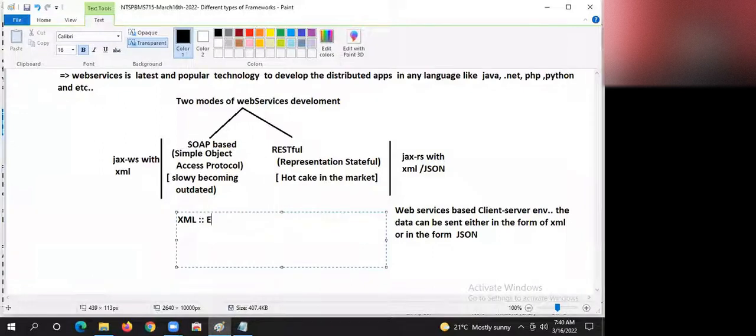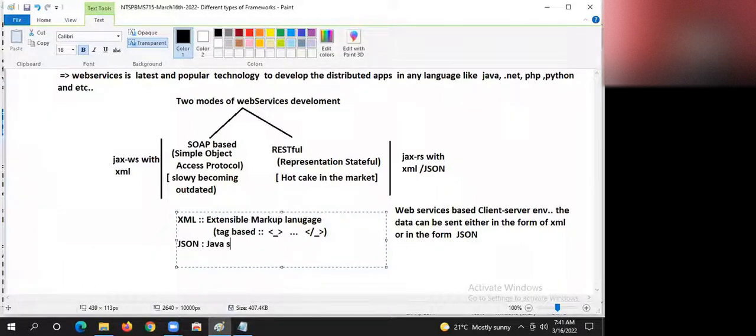XML, Extensible Markup Language. Tag based, guys. Everything is tag based. Open tag, data, closing tag. This is always tag based. JSON, what is that, guys?